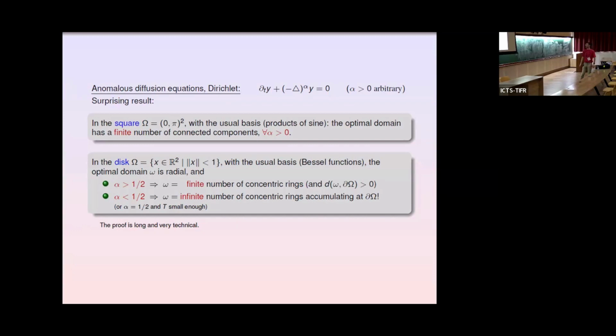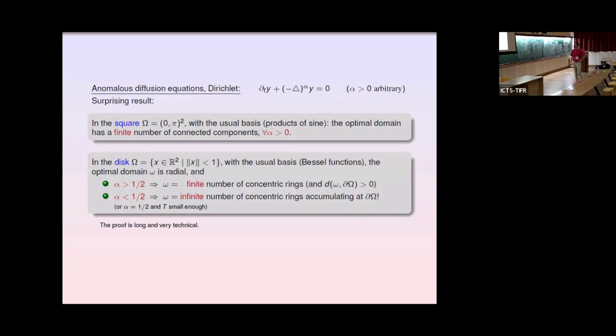It's an exercise with Fourier analysis. And we can solve it also in the disk. And then, not surprisingly, of course, we have to use Bessel functions because Bessel functions are used in order to parameterize eigenfunctions. But what is interesting is that for the case which is not covered by the previous theorem, alpha less than 1/2,